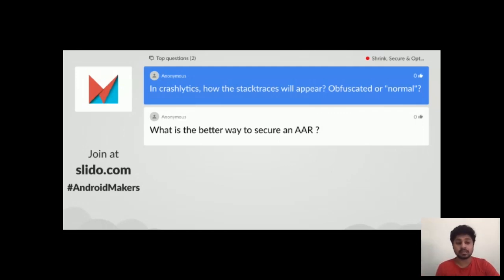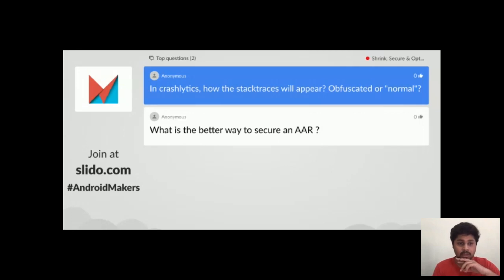Whenever you build an application and the application gets opened for the first time, Firebase automatically runs, and whatever mapping.txt file got created, it uploads into their server. Whenever any crash occurs, those stack traces will be deobfuscated using those mapping files uploaded by Firebase. This is how you can see a deobfuscated stack trace on Firebase.